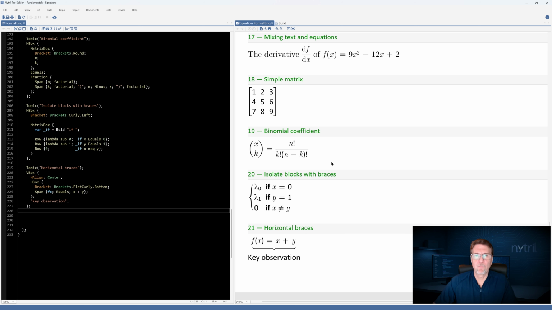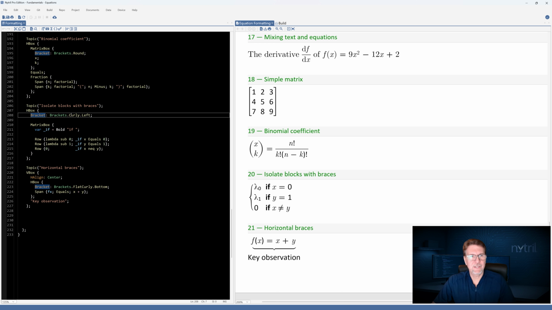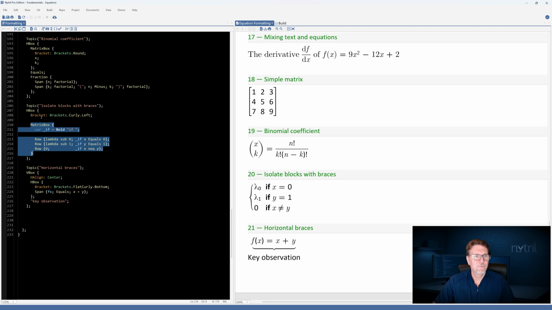Okay, so just a couple more examples of brackets. So here is a bracket called curly, but after the bracket, we've given it this dot left. So we can see in this example number 20 here that we've got this curly bracket located on the left of these three rows of content. Again, we have a matrix box with 3 rows of content, and we gave it this curly bracket.